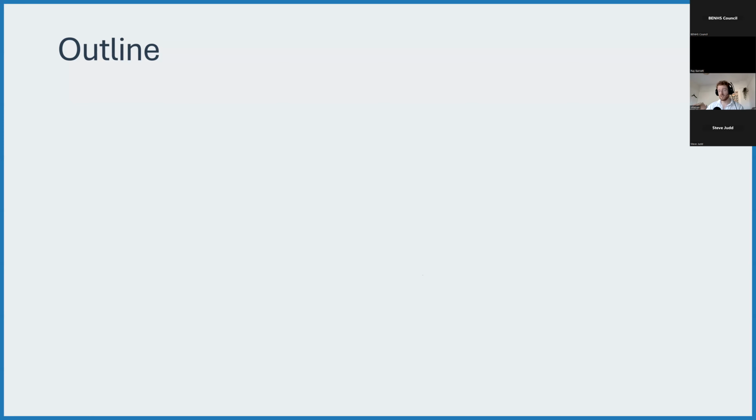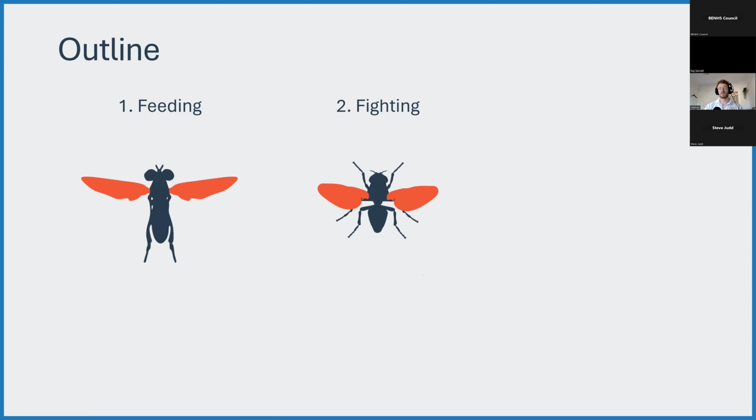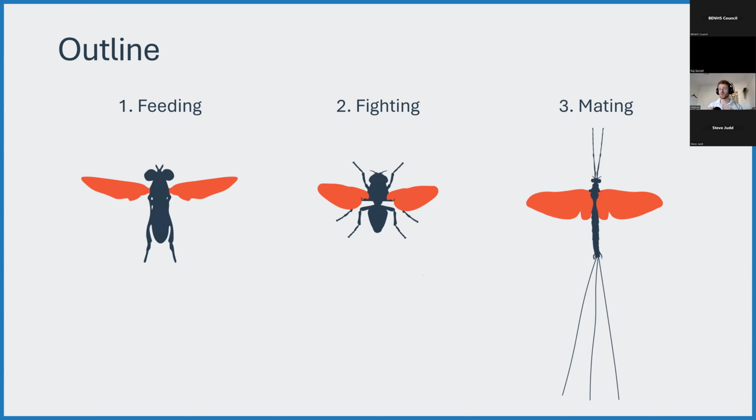If you go outside and you just sit down in the flower bed and you look, you'll see tiny little surface-to-air missiles, tiny little flies launching off plants and chasing anything that flies overhead, like bumblebees. So I want to start talking about the way that chasing works when you're feeding, and I'm going to start with robber flies. I'm going to talk a little bit about fighting, where I'm going to talk about house flies. I'm going to talk about mating and a little bit of the work we've been doing with mayflies. And then finally, I'll talk about how dragonflies switch between different tasks, because your average male dragonfly has to do all 3 of those on the wing.